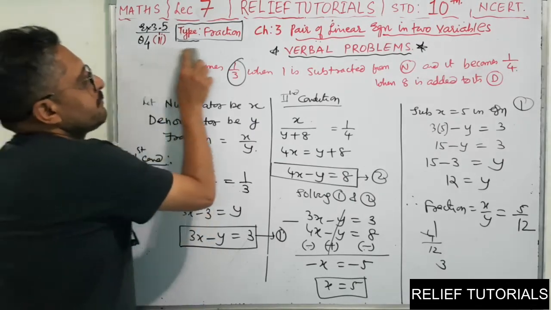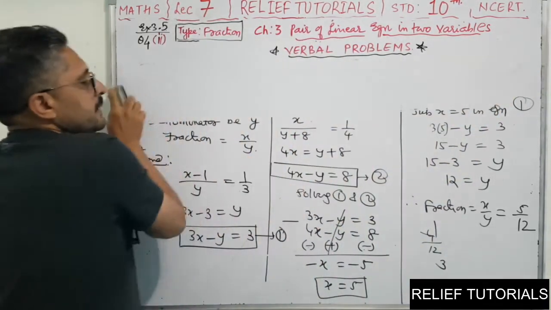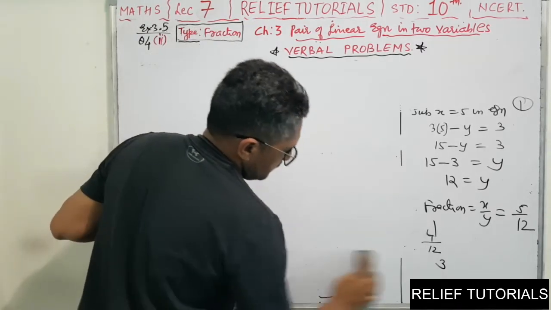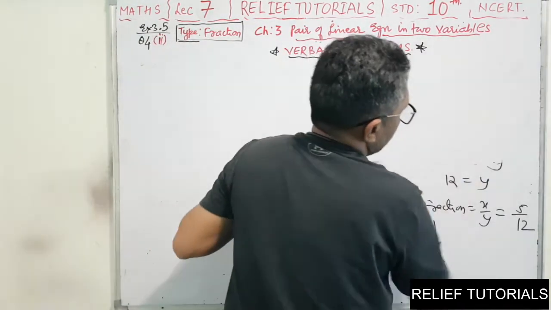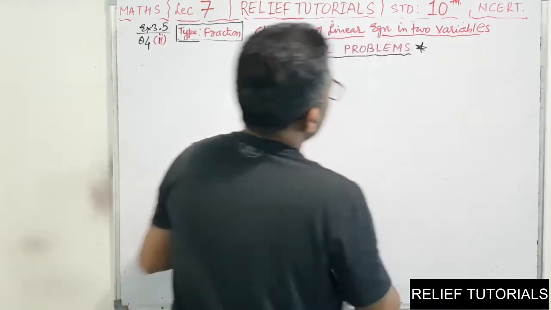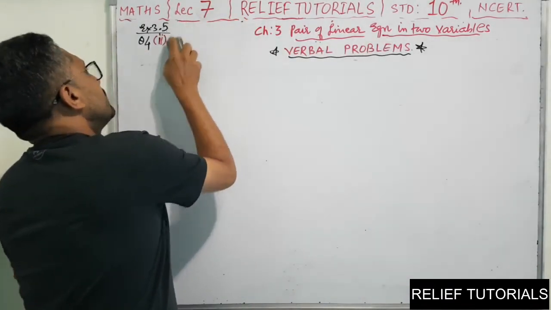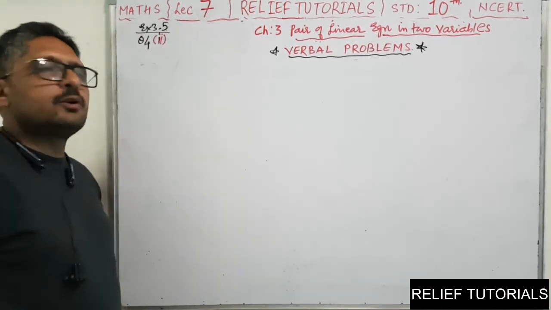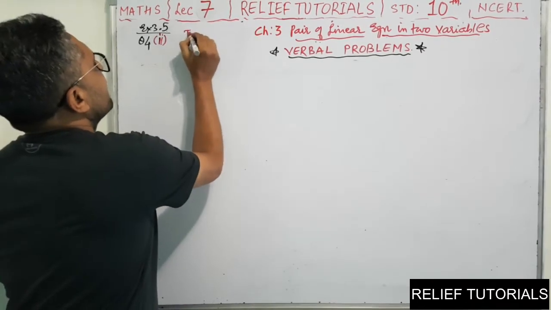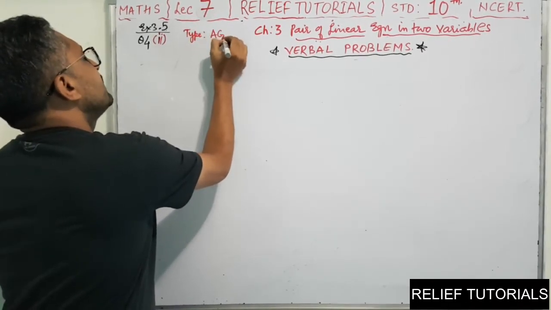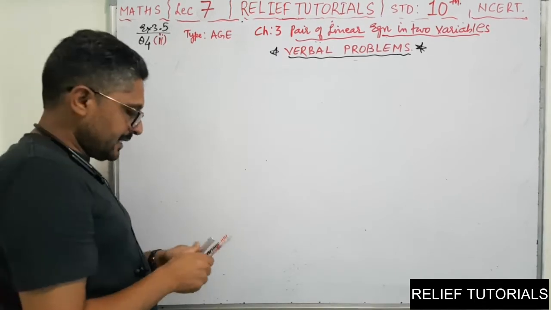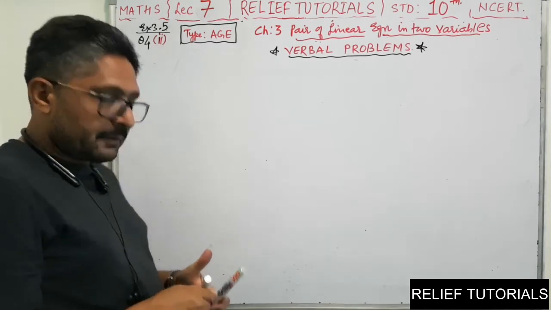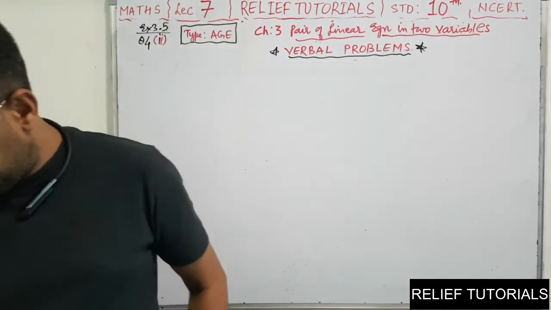So this is the type of fraction problem. We have done all the problems related to this type. So this type is over. Clear? So now we learn one more type. That is type H. The name of our type is H. So we will do the problems related to H. Clear?